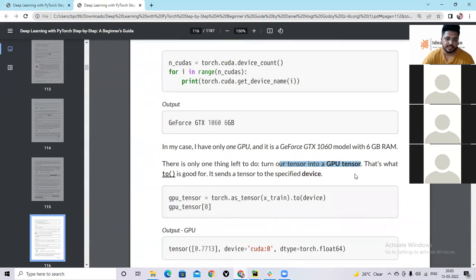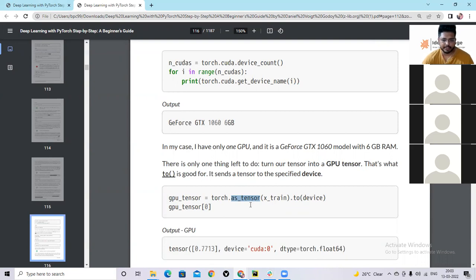So this is the way to send it to the device. Using torch.as_tensor, you converted. Tell me whether it will be a copy or the same reference.